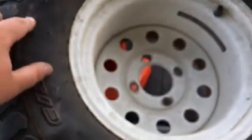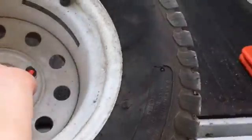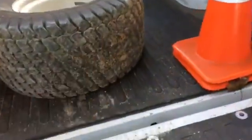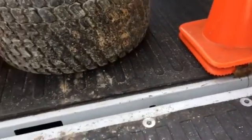I seen it the other day and felt it. Right there. I think it's right there. There's a little pinhole. I hope they can just be able to seal it, and it might be like $20 instead of like 200. I think when we bought these tires last, it was like almost $200 a tire. So you just imagine $400 for the tires last year. We really didn't even want to spend another $200 to fix this tire, but